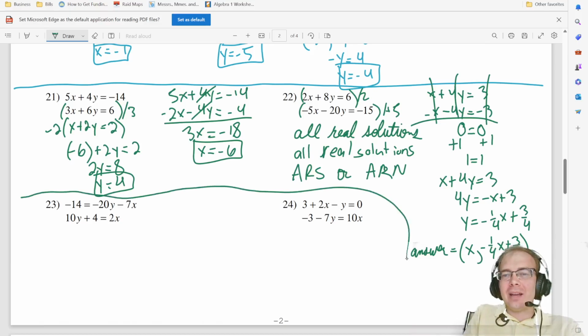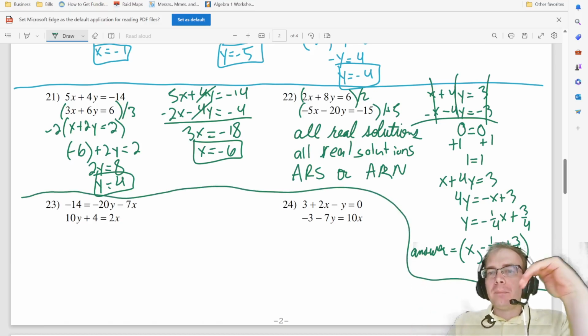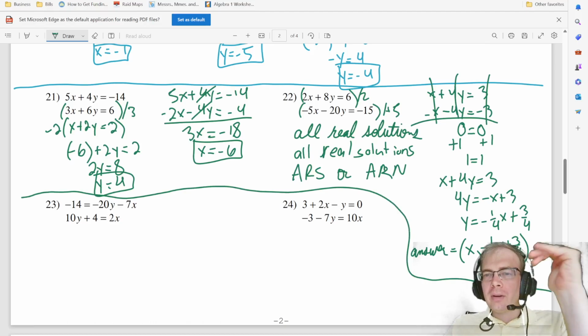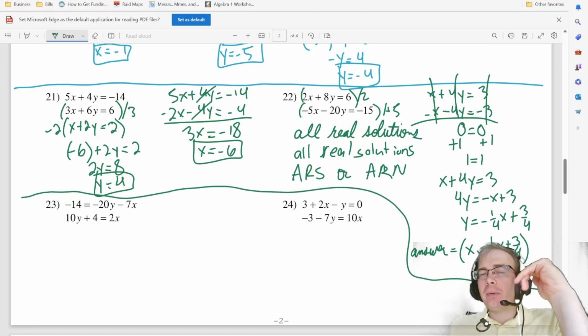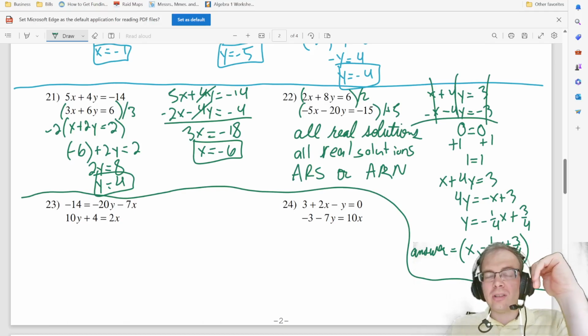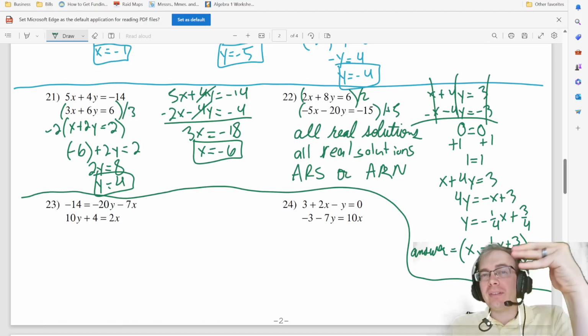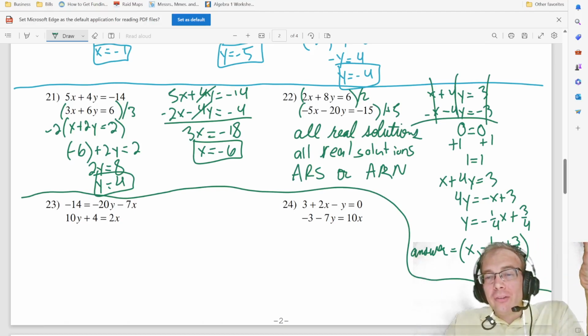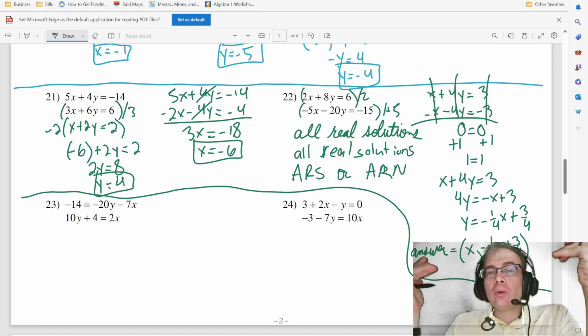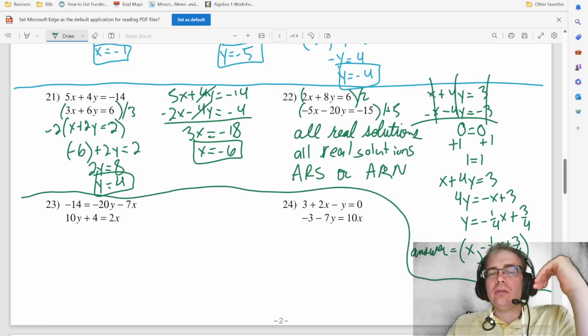Okay? I think we covered all our bases here. By the way, the answer was all real numbers, all real solutions. If the x's and the y's cancel, but the number doesn't, so it's like 0 equals 5, or 0 equals 4, 0 equals something other than 0, the answer would be the exact opposite of all solutions. It'd be none. No solutions, no real numbers, no real solutions, no answer,